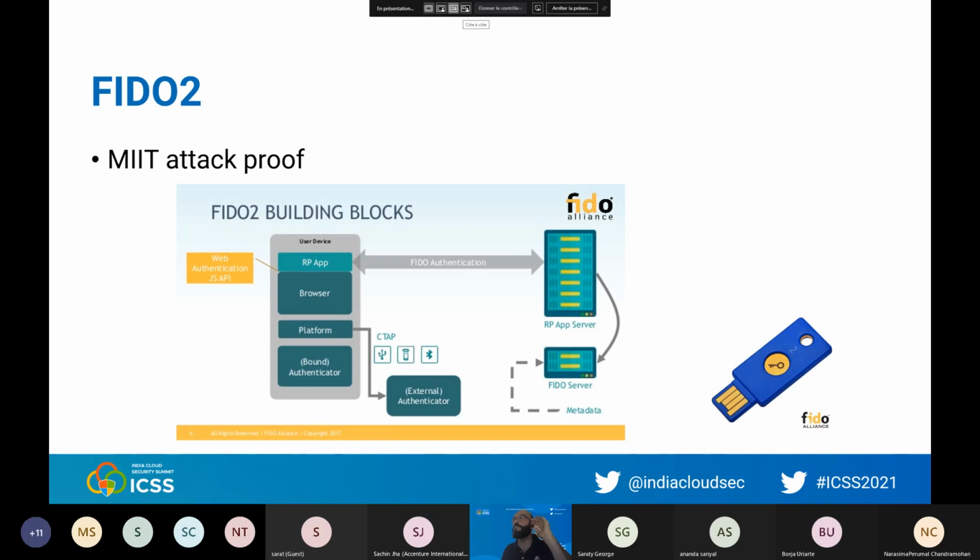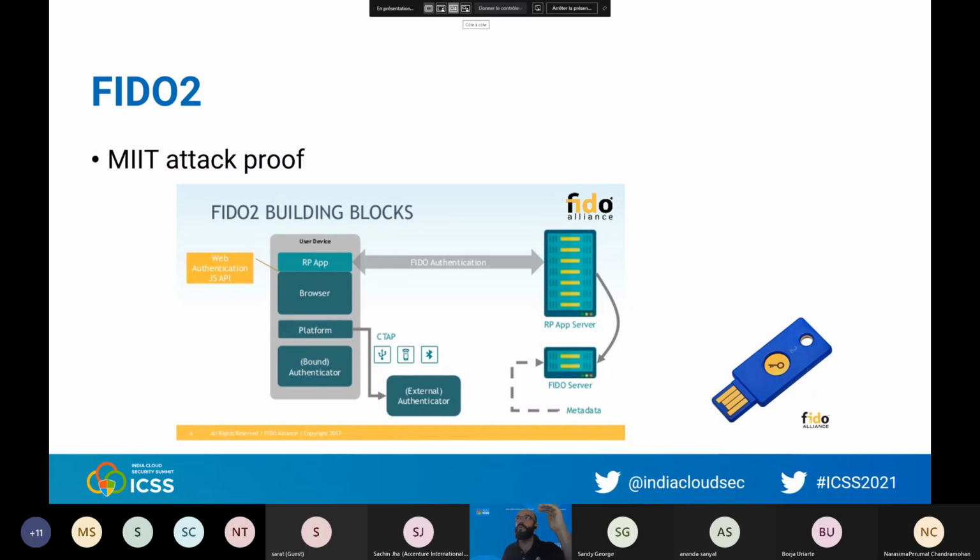If you want to really be secured against man-in-the-middle attacks, the only technology I tested which is really working is FIDO keys. You have several providers of FIDO keys. With FIDO, those keys are checking that the URL you are trying to connect to is the real one you're supposed to connect to. So MFA plus FIDO keys, yes, this one is really secure.